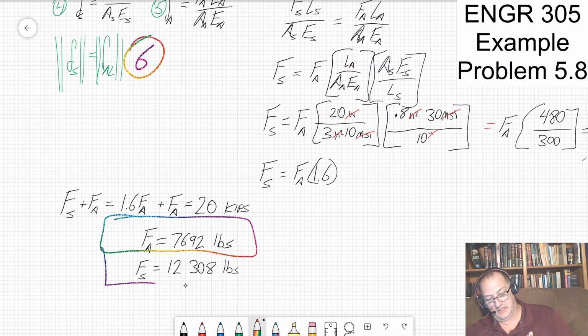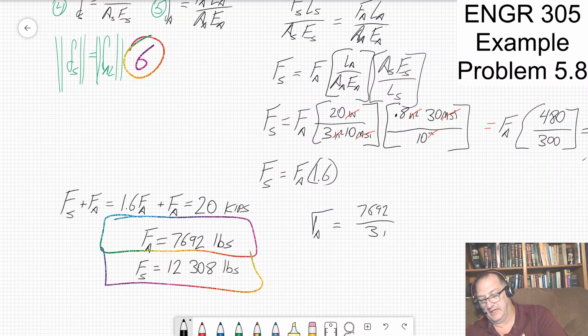And the force in the steel is 20,000 minus that. And I still haven't finished the problem. I have to go back and do the stress. Sorry, I have to do the stress in the aluminum, which is equal to 7,692 divided by the 3 inches. And that's going to give me pounds per square inch. And that's, oh, I'm just telling you that's 2,500. I actually have the book sitting next to me, and they're telling me that's 25, which is approximately 2560 psi